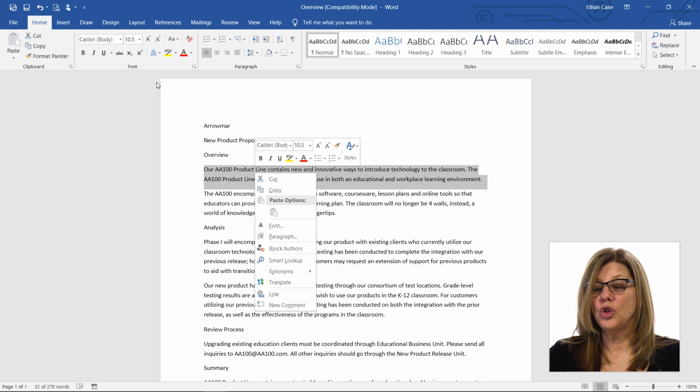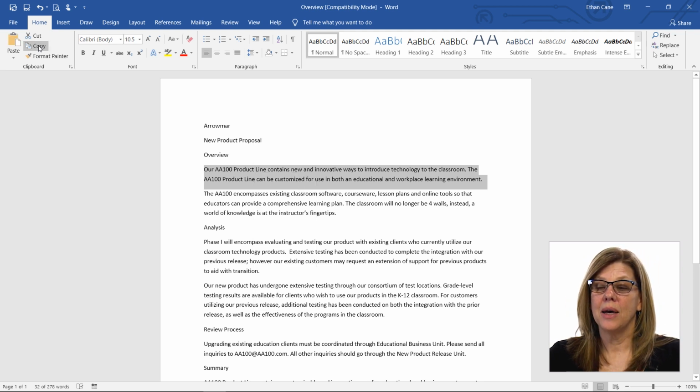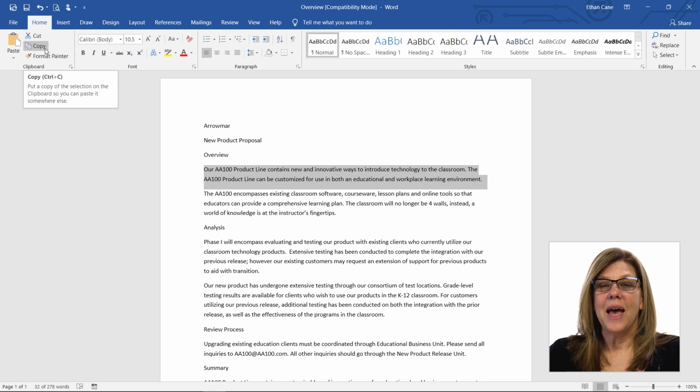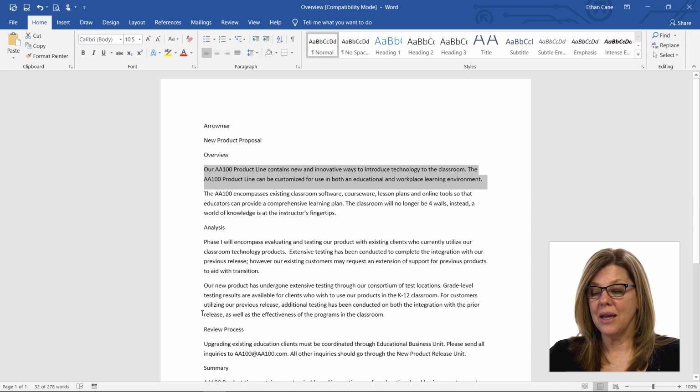Or I can use the shortcut, which is Control-C. Control-C, right-click, or from your Home tab, you can copy. And once you've copied that information, it actually is saved on the clipboard. And I can paste that information somewhere else by clicking and placing my insertion point somewhere else in the document